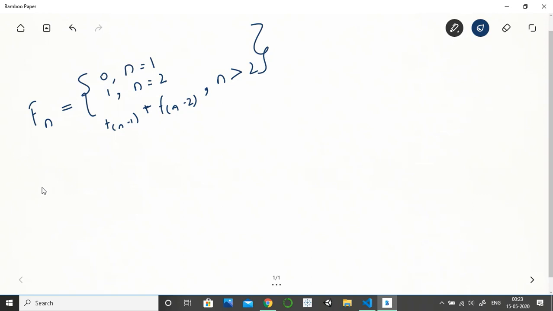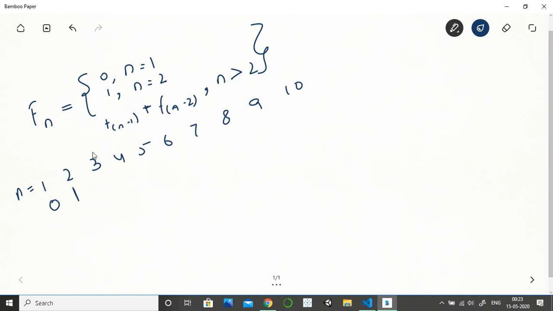So let's create a Fibonacci series for 10 elements: 1 2 3 4 5 6 7 8 9 10. This is our n's. When n is 1, we have 0. If n is 2, we have 1, and if n is greater than 2, we have f of n minus 1.